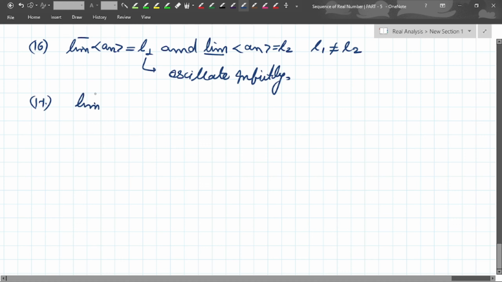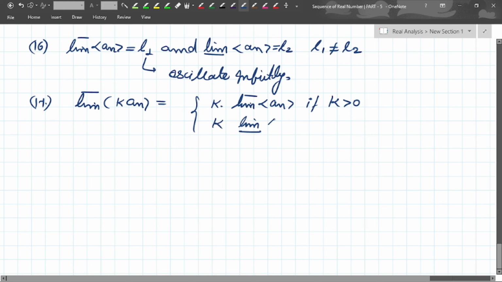Okay, next, result 17. If you are checking the limit infimum of k into an, then it is nothing but k into the limit infimum of an, if your k is greater than 0. The same holds for the limit supremum of an, if your k is less than infinity. Okay, if your k is positive,